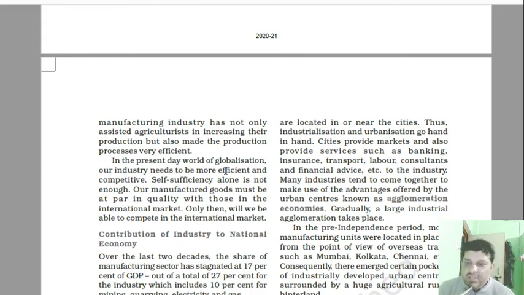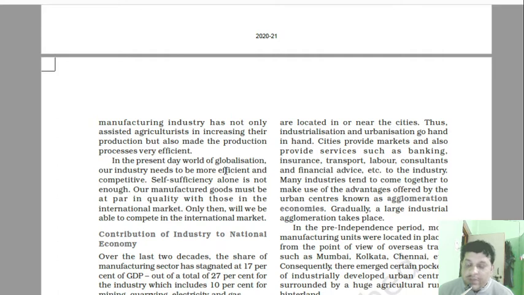What is the meaning of globalization? It doesn't mean that your industries are self-sufficient, making production of only that much quantity as the population in your country needs. The products should be of international quality. They should be cheap, more techno-friendly, more environment friendly, and easier to use. So only self-sufficiency in production by indigenous industry is not enough. Our industrial production should be at par with the industrial production made by foreign companies or developed nations.